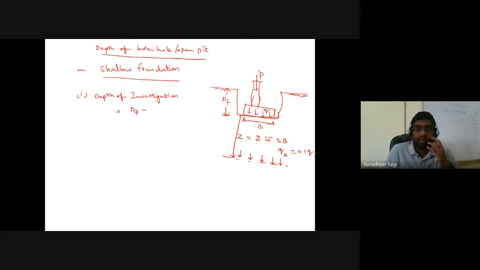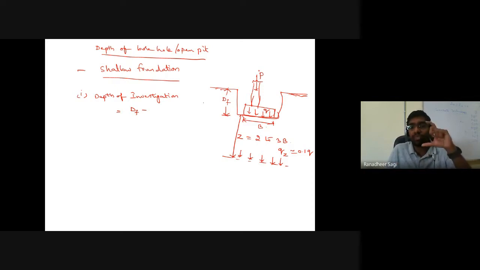soil, because ultimately the foundation settlement depends on what? Will it depend on the soil which is there above the footing level? No. The foundation settlement depends on the soil which is there below the footing level. Below the footing till what depth? Is it till an infinite depth? No. Till some depth in which the effect of the load transferred from the foundation is seen in the soil layer, in the soil strata.